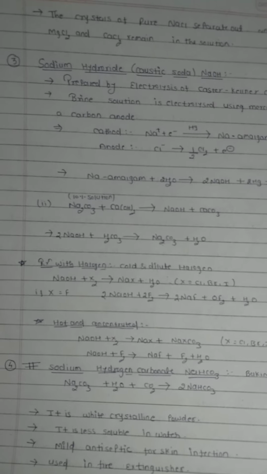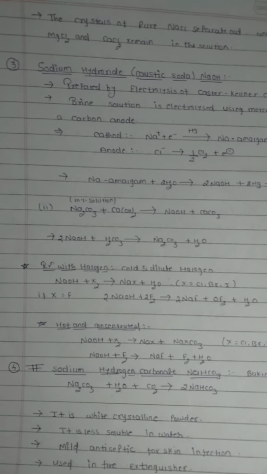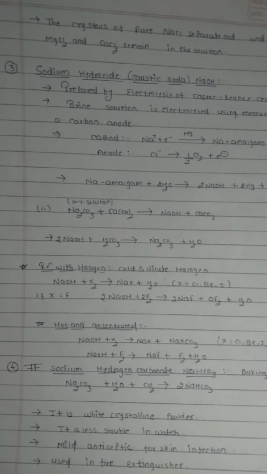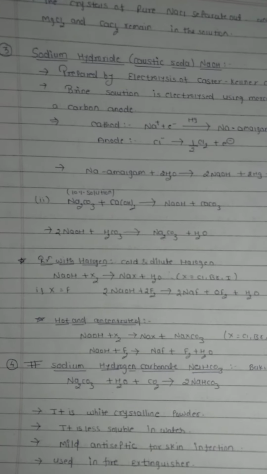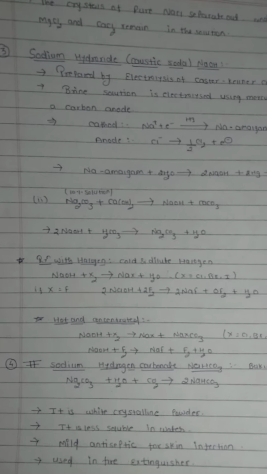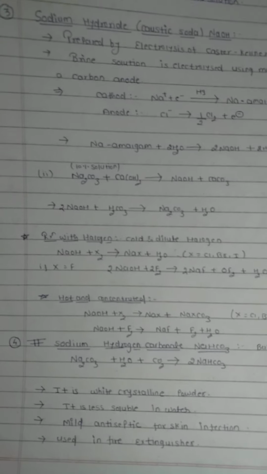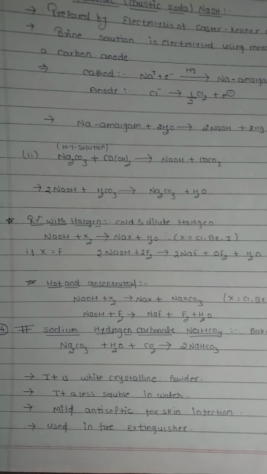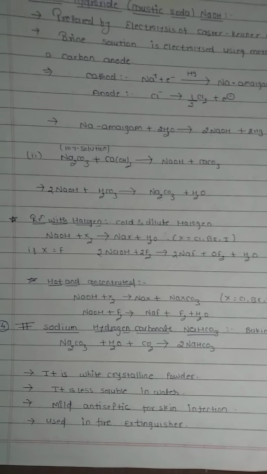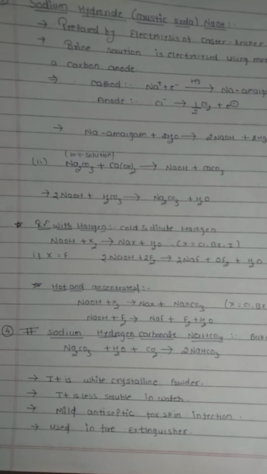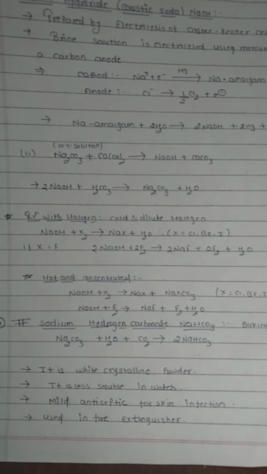The second method to prepare NaOH, as we saw on the previous page, is different from that. Na2CO3, when reacted with calcium hydroxide, forms NaOH, sodium hydroxide, and also forms calcium carbonate. The second reaction is when sodium hydroxide reacts with carbonic acid H2CO3, it forms sodium carbonate and releases water. Now the reaction of NaOH with halogen: when cold and dilute halogen is used, NaOH